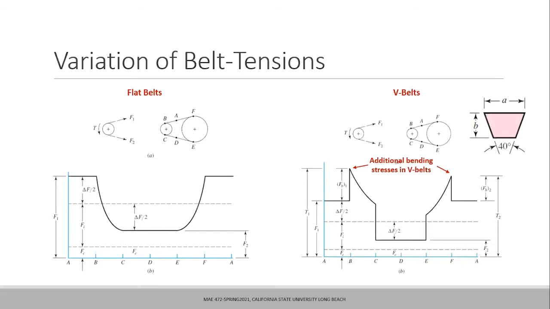So the forces are building up based on the initial tension, the centrifugal force, and the differential force element. These forces build up, and after that the belt loses contact, and there is no way it can have any further increase. So let me know if you are following this discussion about the distribution of forces along the length of the belt as it moves from the driving side to the driven side.